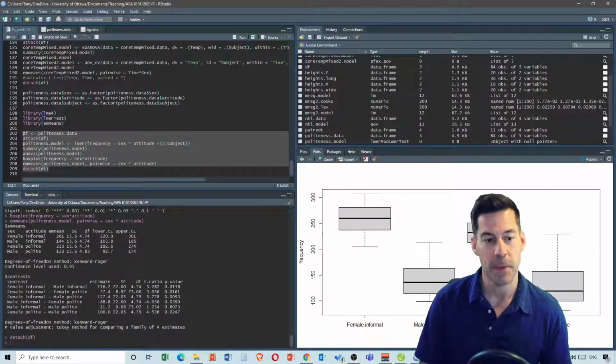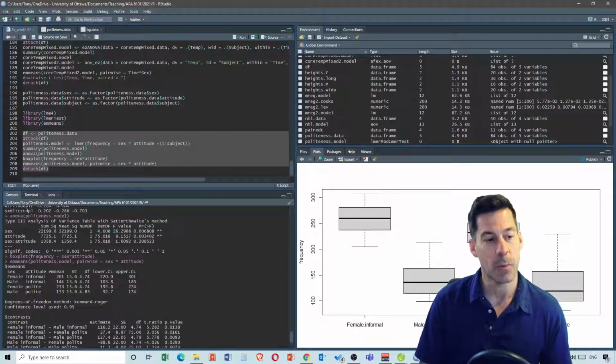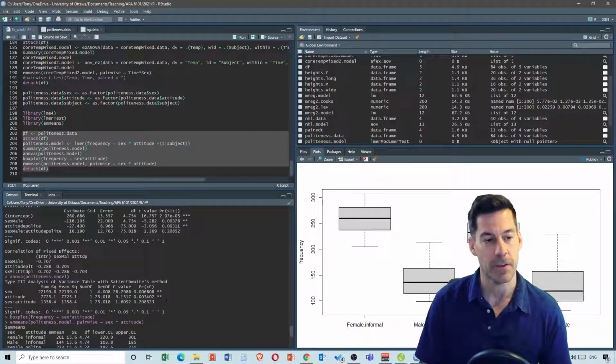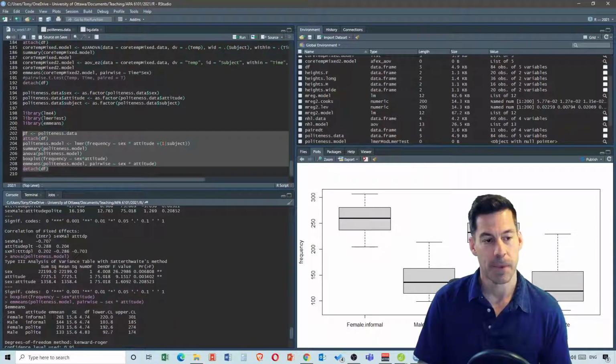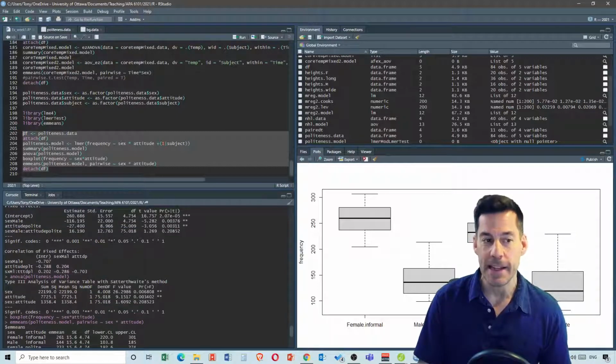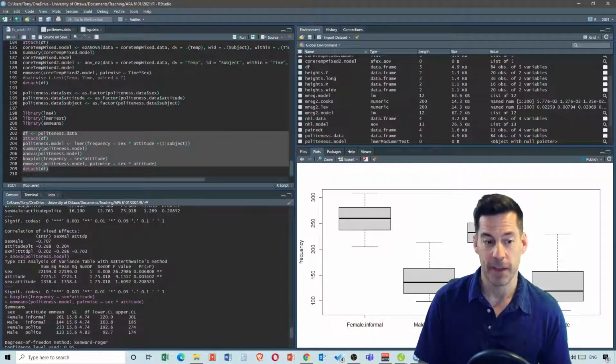So what it does is it gives me p-values for any of the contrasts that I want to look at. But what's interesting here is we can see our estimated marginal means here and how they relate to the fixed effects. So, for example, female informal